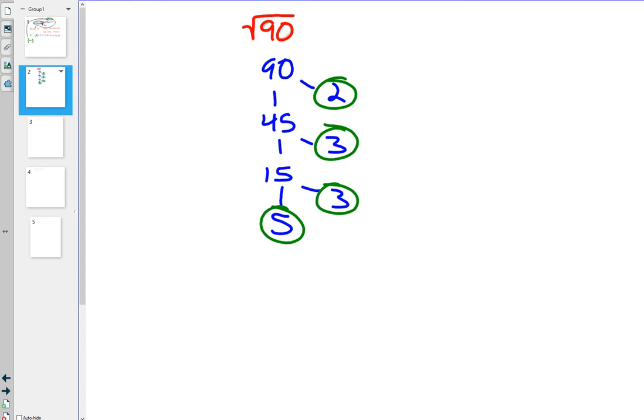This decimal goes on forever without repeat. So that we don't have to have a really long decimal, we're trying to avoid rounding. We want to stay exact. So instead of doing